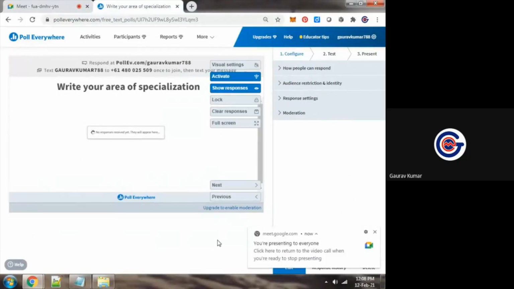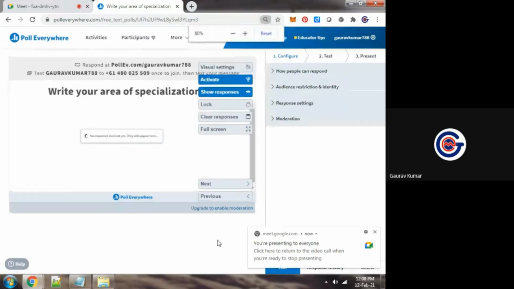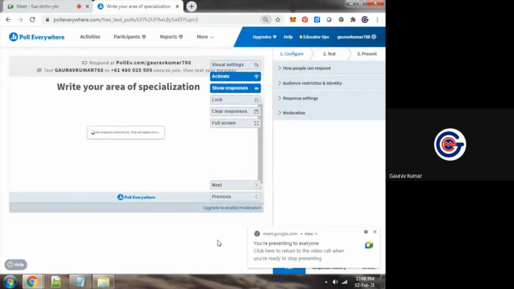Click on this link, log in with Google account or Apple account, and write your area of specialization. And whatever you write, it will be visible here in front of you. I can see it. So it is a very general question, just to collect data, just to show you a demonstration of quick data collection, quick interaction